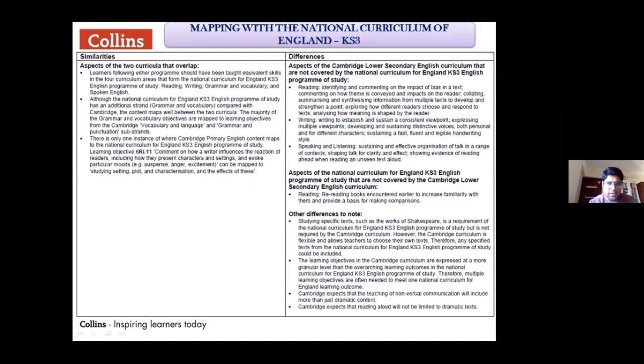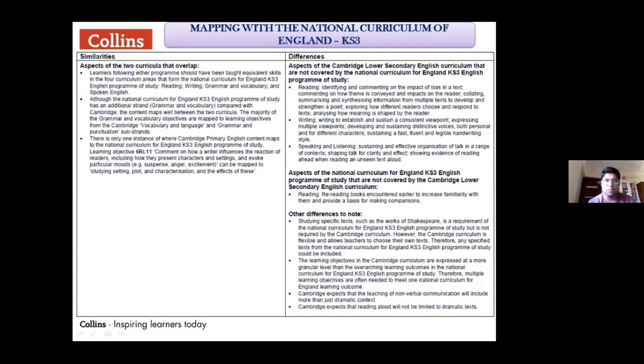Now, this is something which is again very important that we need to understand. Our new syllabus 0861 is mapped with the National Curriculum of England for Key Stage 3. That's what I mentioned, KS3. KS3 stands for Key Stage 3. So what are the similarities and what are the differences from the National Curriculum of England